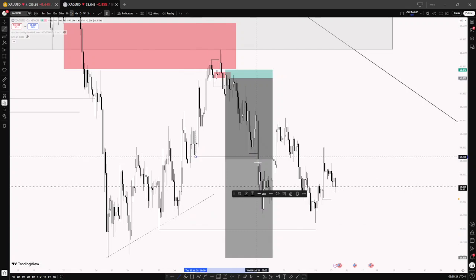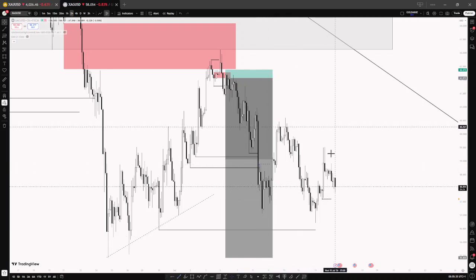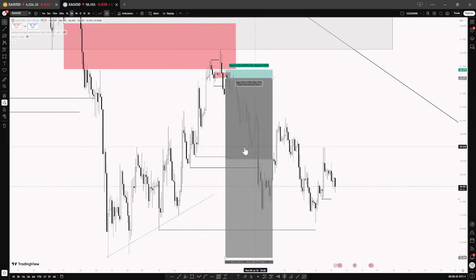So we had multiple break of structures to the downside, right? And this just told me that price would want to give some sort of retracement, especially after this inducement right here. So we had everything set, and the next thing to do is to look for your point of interest. Now, whenever my higher time frame and lower time frame are aligned like this, I tend to just take direct entries, especially when it is just two POIs or one POI that I get.